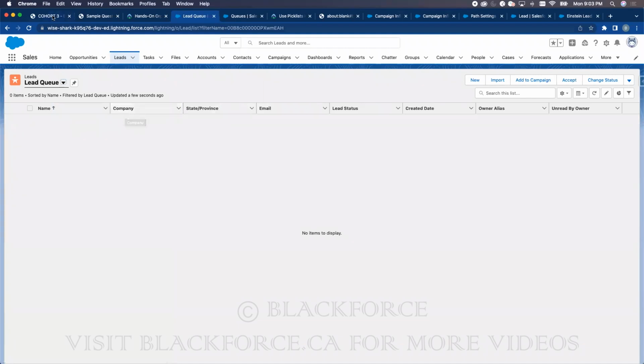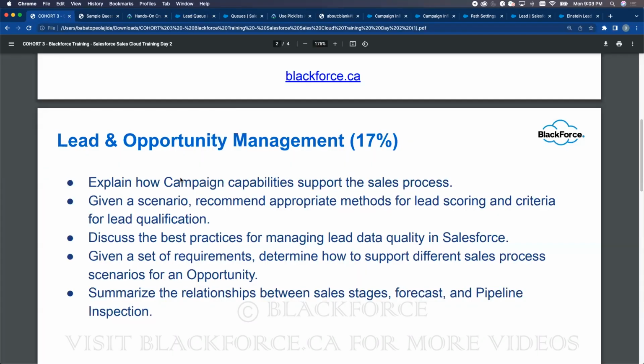Now let's go back to the requirement again. You have seen how campaigns support the sales process, because the lead, the campaign member, the opportunities, the campaign influence, and how they are associated is how the campaign supports the sales process. Lead scoring and criteria for lead qualification: you define that criteria. You specify these are the criteria that the business should use to determine whether a lead